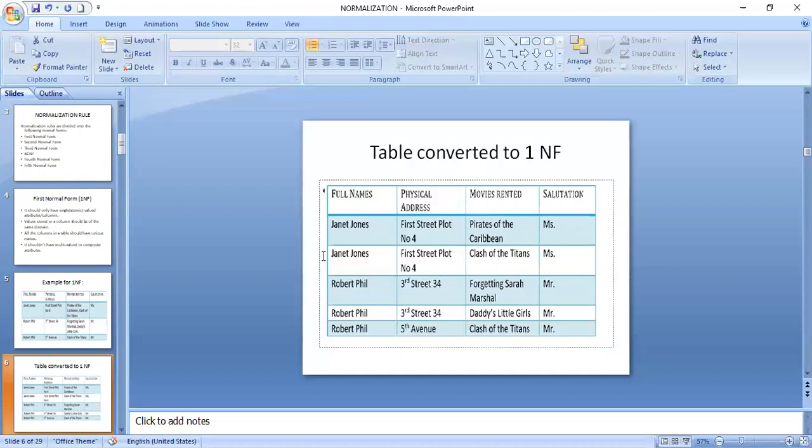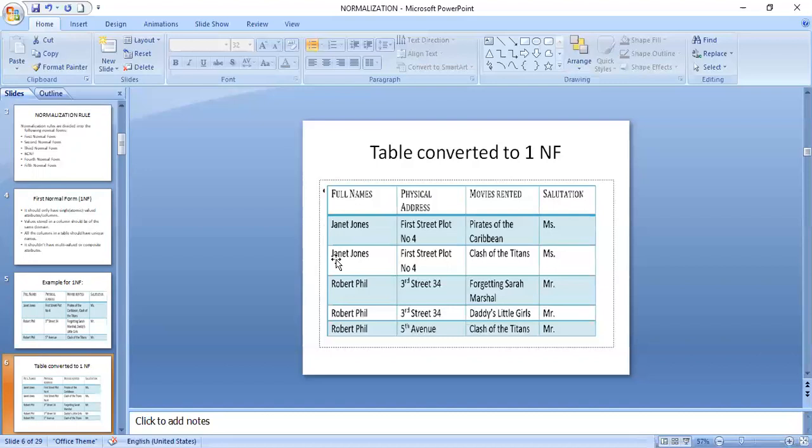Students keep asking me about Janet Jones. When we consider this as a primary key, or if we have some other column here, say some other number, that other number is always unique to people, but this is the same person, Janet Jones. Yes or no? So the other number will appear 2 times here. Students keep asking, considering the other number as a primary key, ma'am, it is taking redundant values because it is stored twice. According to 1NF, we said that we should have only atomic values, but it is having redundant values. This is what students ask me.